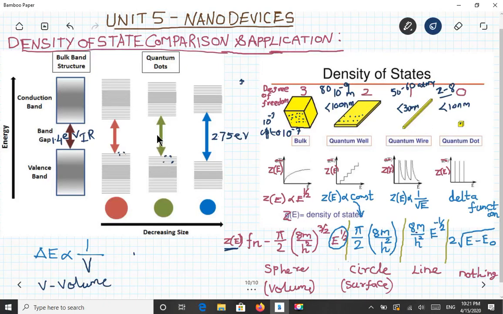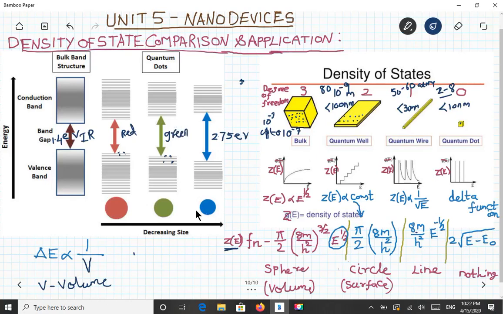So now, summarizing it, the reduction in dimension creates fewer sub energy levels with an increasing band gap. When you increase the band gap, you can achieve a lower wavelength of light. If you take it as a quantum well, the band gap is further large, so that visible red has been achieved. If you reduce it still further, you can achieve green, as the band gap is larger.